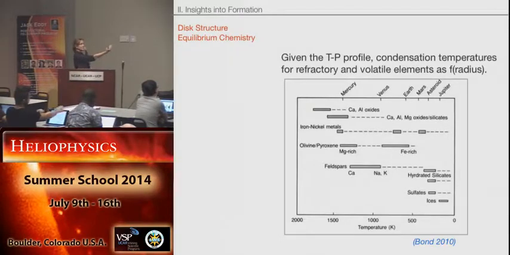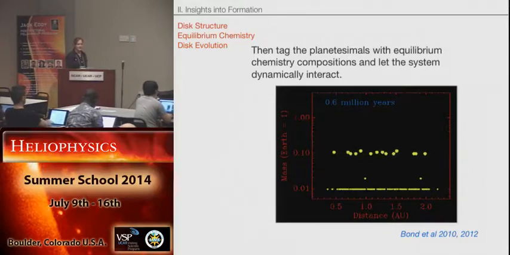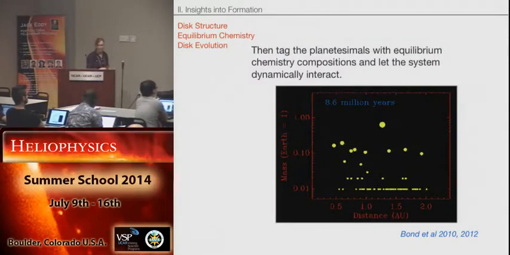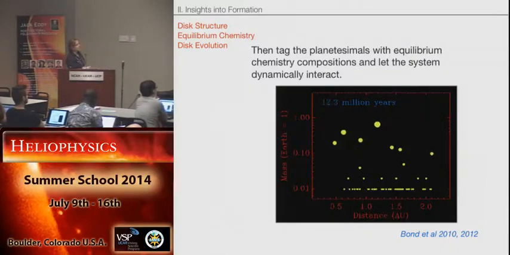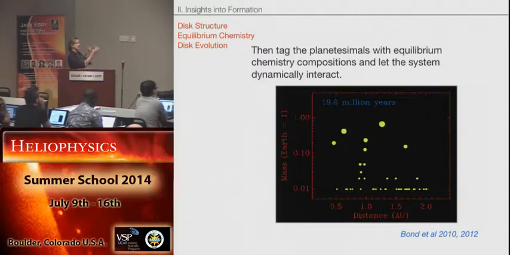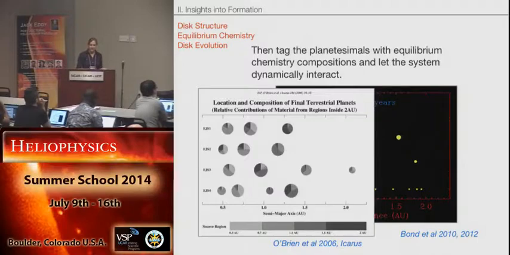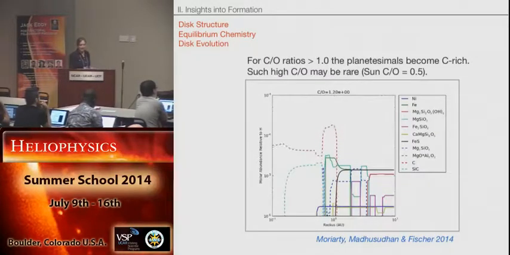These correspond to being close in to the star or further out from the star. And what Jade Bond did was show that if she tagged the planetesimals with the equilibrium chemistry that you'd expect, and then let the system interact gravitationally with the Mercury code, she could track the chemical composition as the planet's embryos accreted material. So my student, Jack, took this and went one step further and said, okay, could you